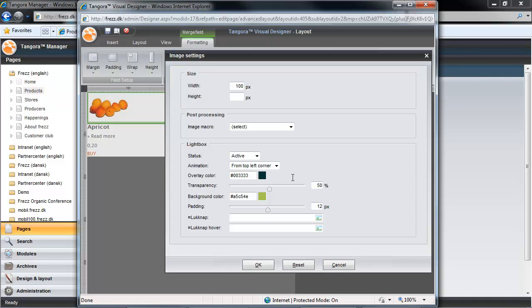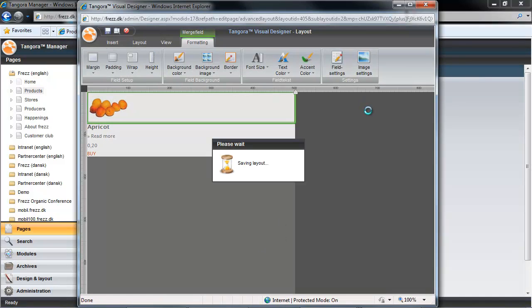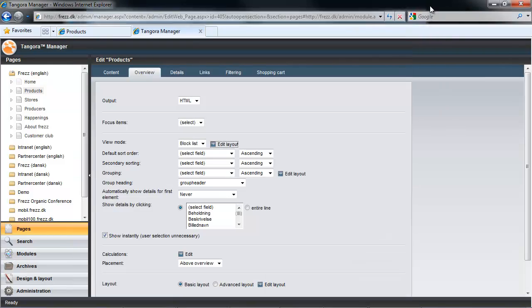Typically it's a dark color with some transparency. Then you have a background color and padding. This is the background color of the lightbox content, which appears insofar as you have content that doesn't already have its own background color. The padding setting is how much of a border you'd like to have around your selected content. So in the case of displaying images here, it'll effectively act like a frame. And so now we can see the results on the front end.